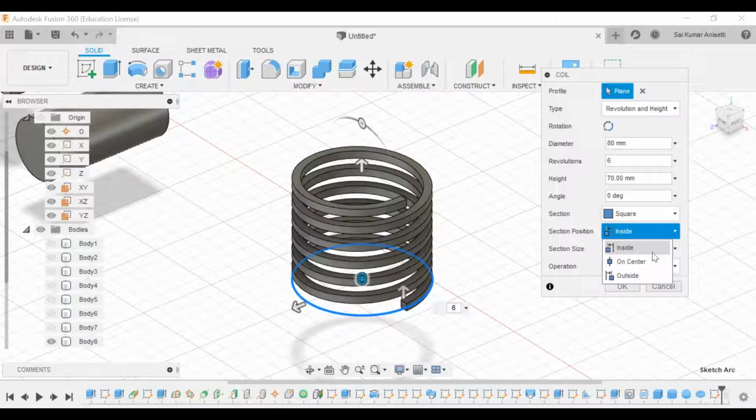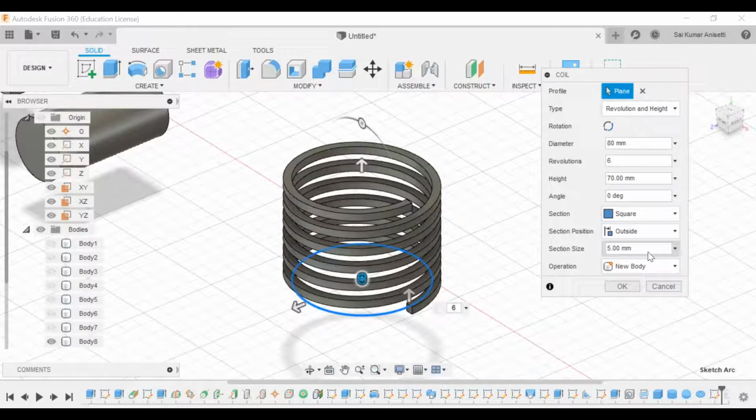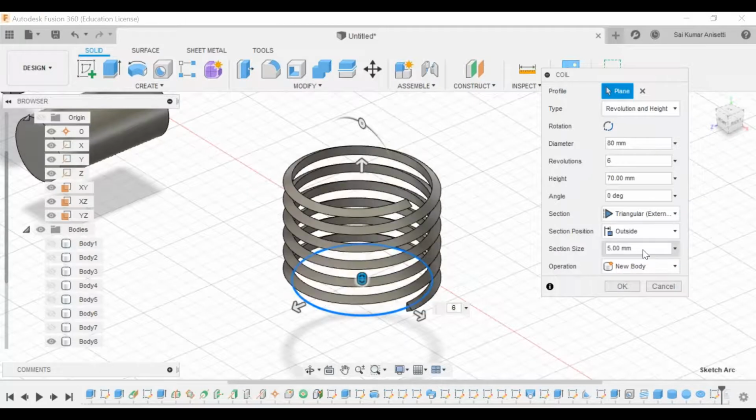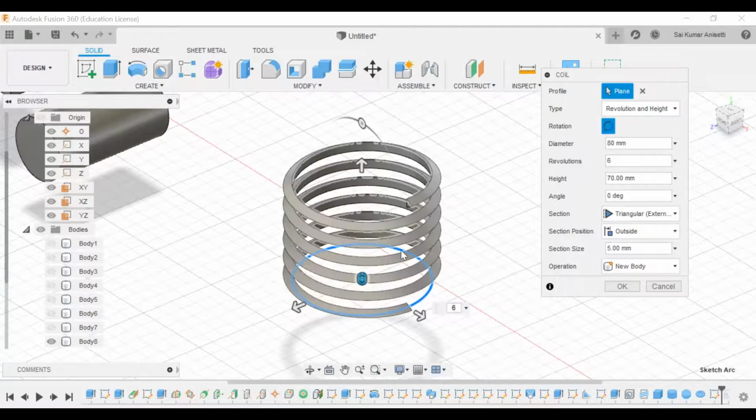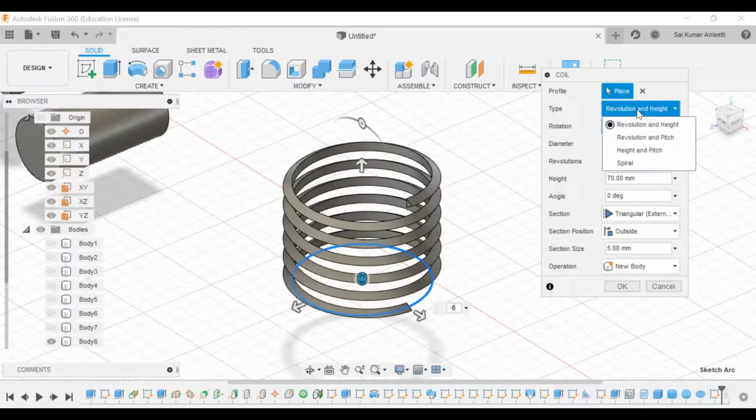Just like your sweep operation, what I have drawn in that particular figure, I have made my profile as an edge. You can make it as a center, you can make it as an outside. Section size would be 5 mm. It is a simple square of 5 mm. Circle, triangle, triangular section size as 5 mm. This would be with respect to the centroid. Height and number of revolutions, you can just control. We can play with these operations, whether it is rotation along this or the other way. You have a number of options. You can control it with pitch, I mean revolution and height.